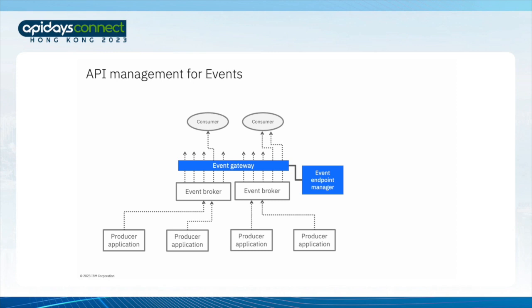We'll also need something like an API manager, but for event endpoints. We'll need something that allows the owner of those topics and streams of events to manage and define how they should be shared. They'll need somewhere they can document and describe their topics and the messages that are on them. They'll need somewhere they can manage the life cycle of their topics, where they can start to document their new topics in a draft state, where they can publish them when they're ready, and where they can deprecate or archive older topics that they want to withdraw.